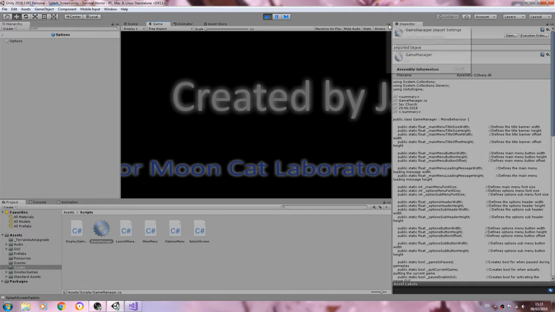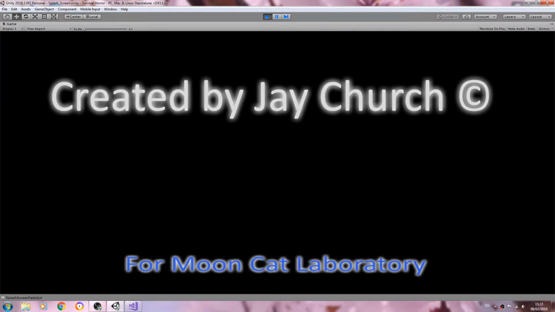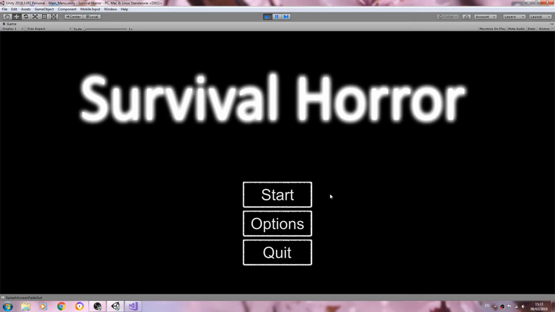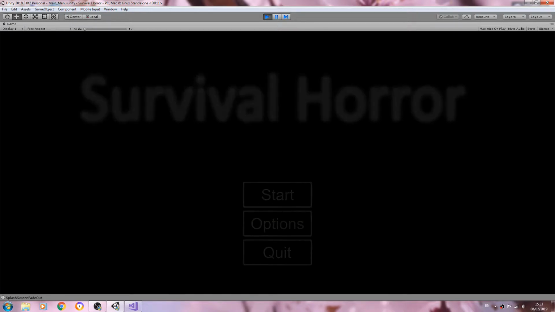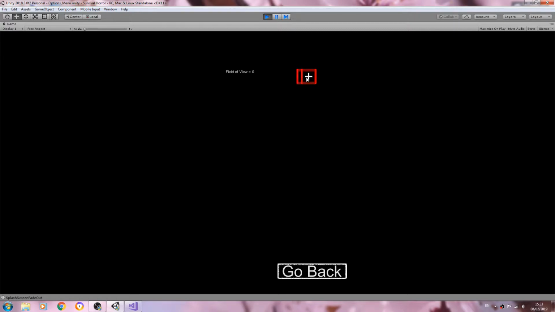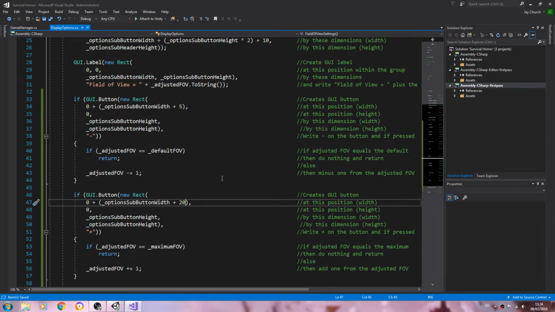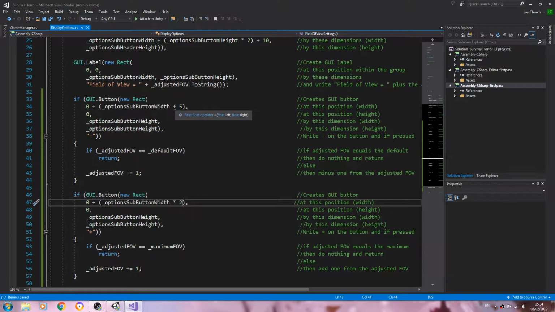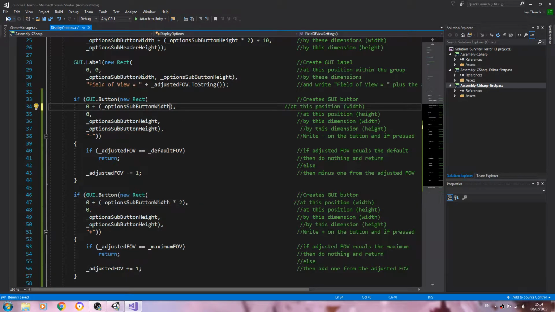And this is the problem with doing so much GUI. Sometimes you do just have to experiment until you find a position where it suits your project and you can see correctly. So in fact, let's just use ×2. And we'll remove the +5 from that one. Hopefully that will give us a greater